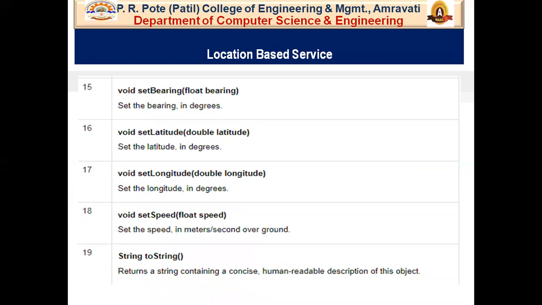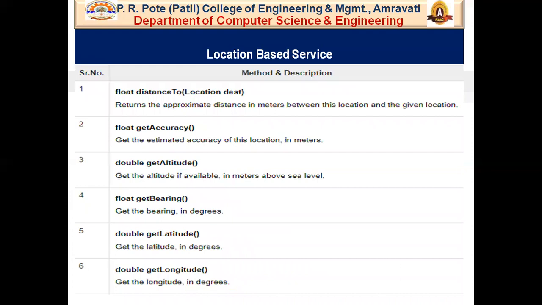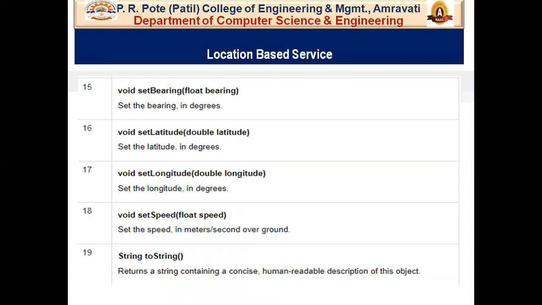After that, the next method is void setBearing. The parameter is float bearing. Now, as we have discussed in the previous methods, bearing, latitude, and longitude are all given in degrees, and that's why by using void setBearing, void setLatitude, and void setLongitude, we can set the bearing, latitude, and longitude in degrees.